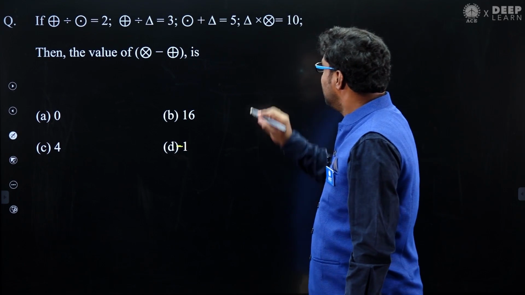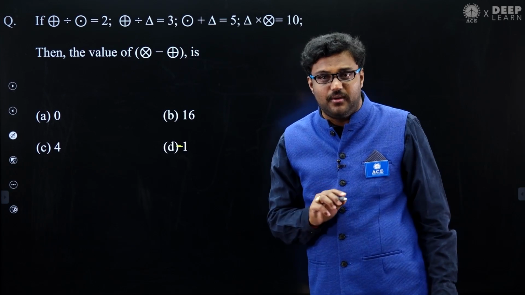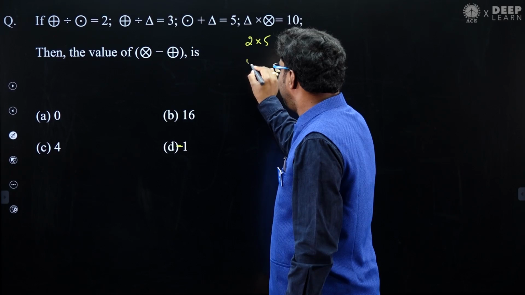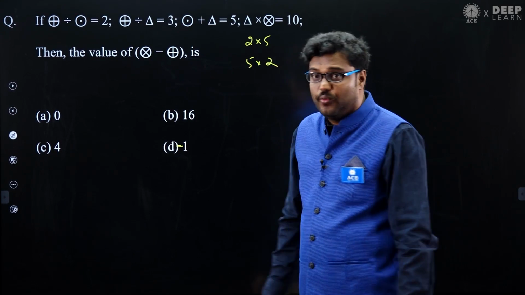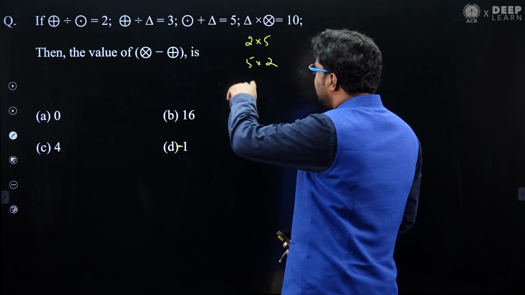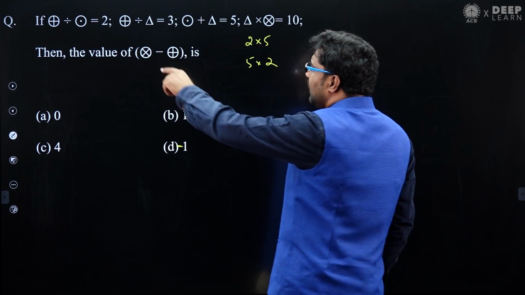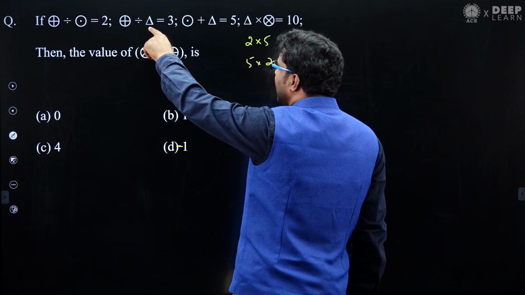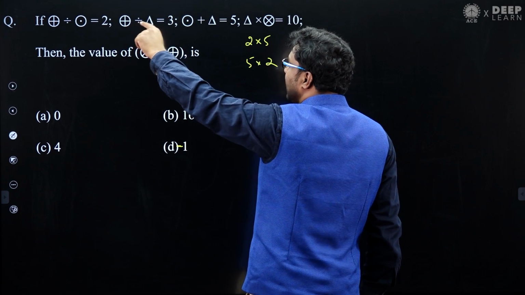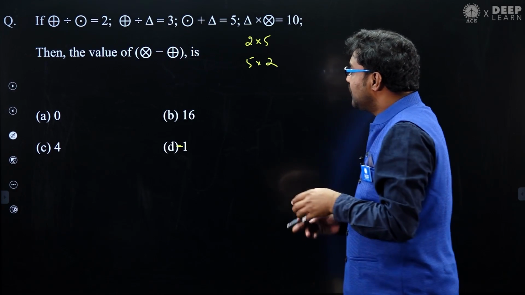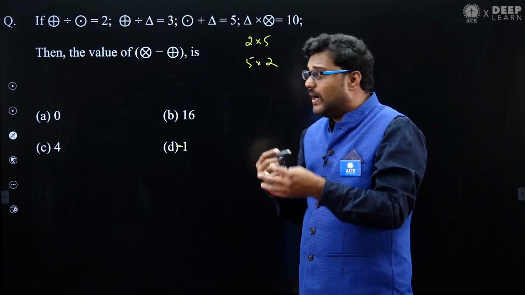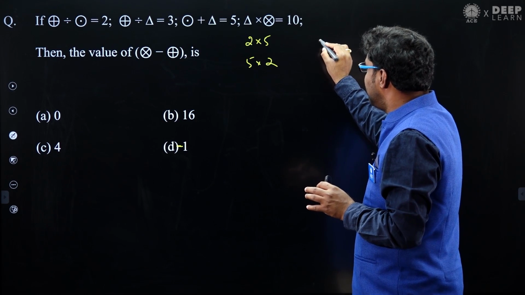The other method is, see, 2 numbers product must be equal to 10. It may be 2 into 5 or 5 into 2. 2 into 5 or 5 into 2, okay. And here, if you just see, this number is divided by triangle should give 3. Okay, this number dividing with denominator will give 3. So see this 2 and 5. If it is 5, this plus symbol will become 15. 1 by 1. There is a chance triangle may be 2.